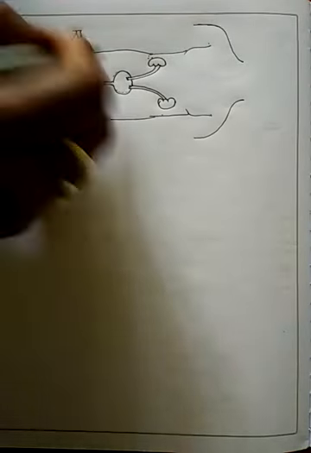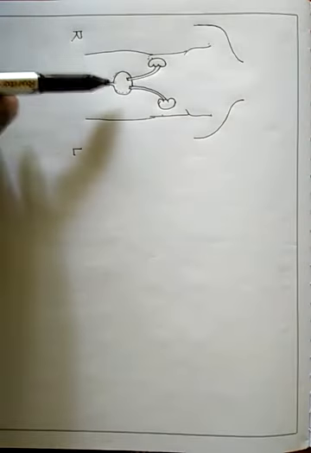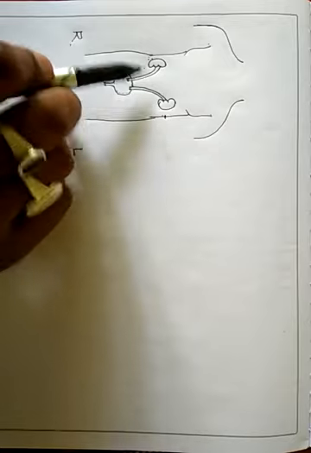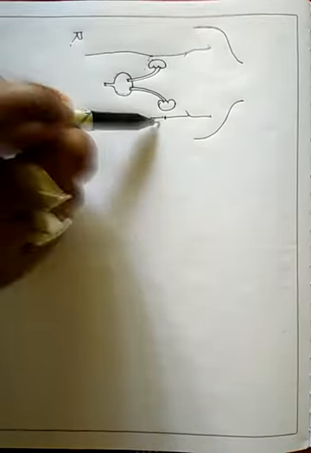So this is the external structure of the two kidneys. One is at right side, one is at left side, and it is near about our waist region, near about. Okay? So left kidney is slightly lower, sorry, right kidney is slightly lower than left kidney.